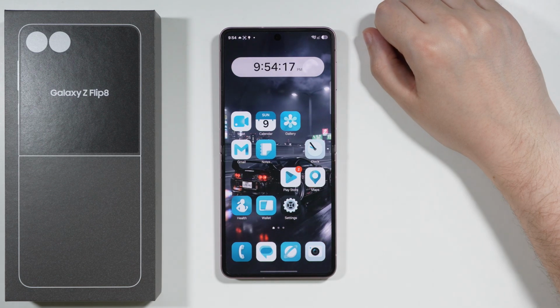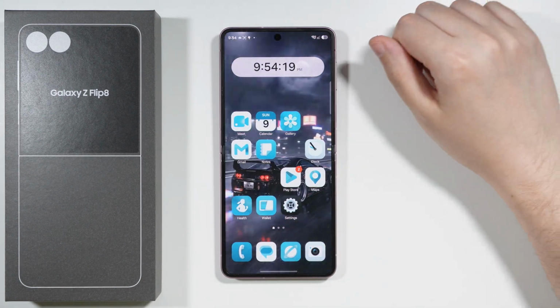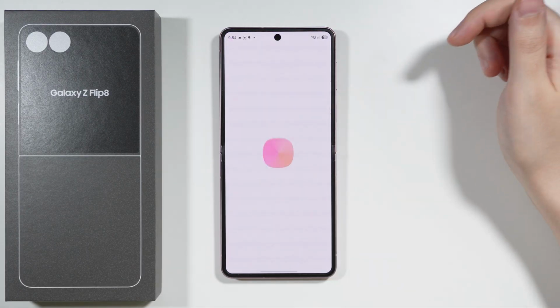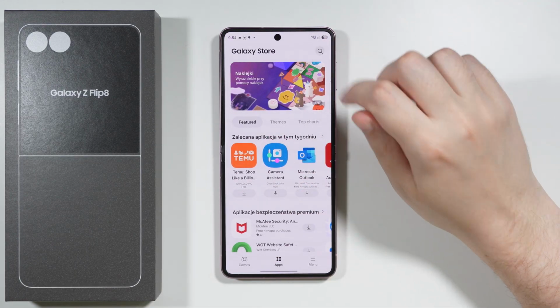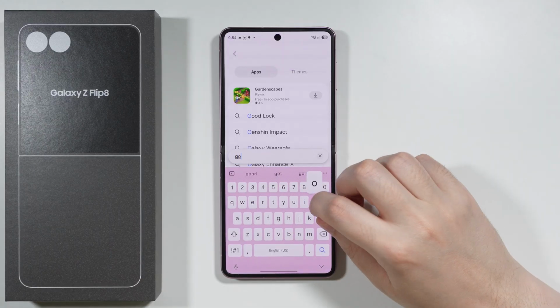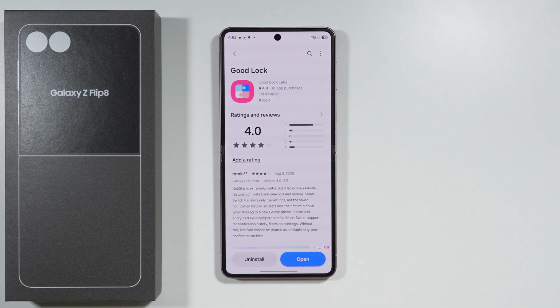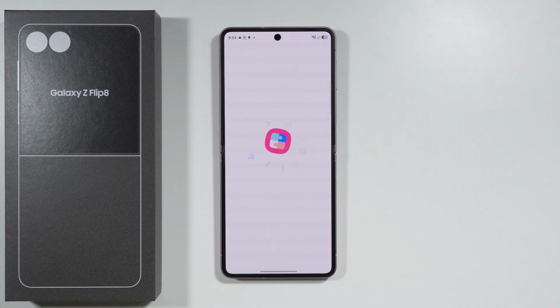If you want to hide indicator icons on the status bar on Samsung Galaxy Z Flip 8, then first of all we need to go to the Galaxy Store and we need to find the Good Lock app, and we need to of course download it. And this is the app that we're looking for, so install this app and open it